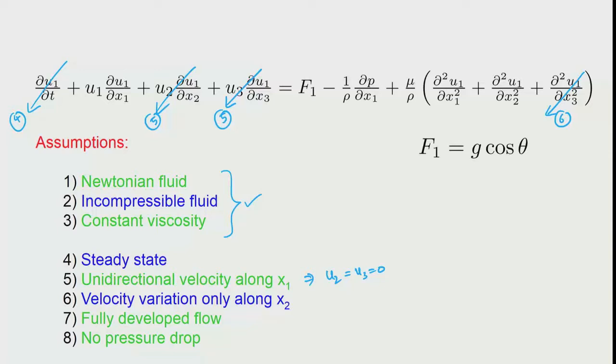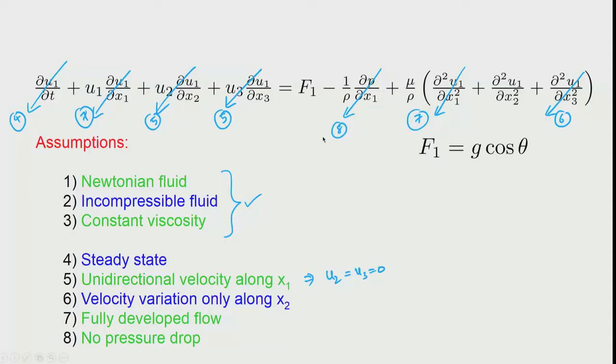And then we say that the velocity profile is fully developed, that is, as the liquid is falling down the plane it does not accelerate, which actually is not true if the plate is quite long, but we may make the problem simpler by assuming this. So, we knock off this term from assumption 7, and the second derivative of this term will also vanish. So, that should go away. And we also say, in addition to the assumptions that we have listed till now, there is no pressure drop. So, this will be going away because of this.